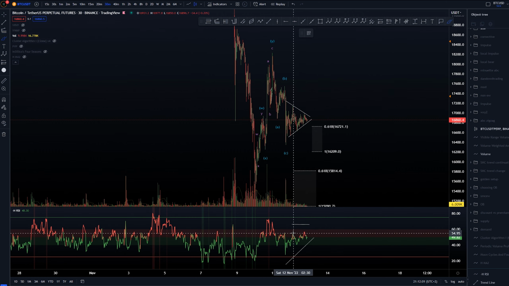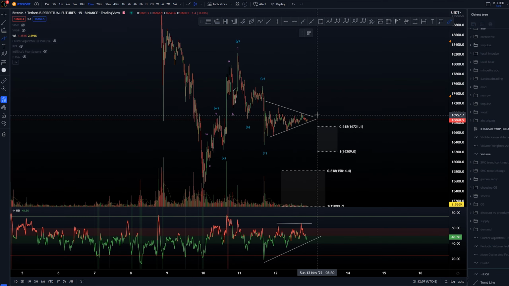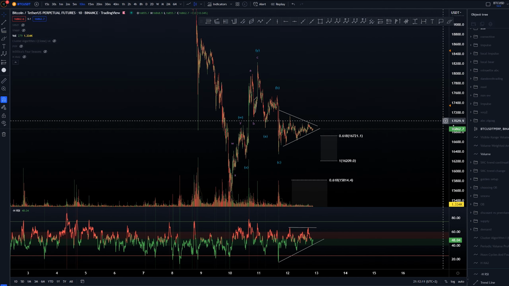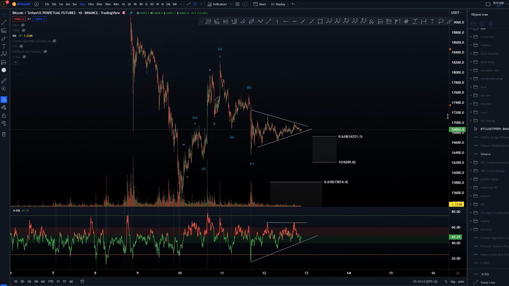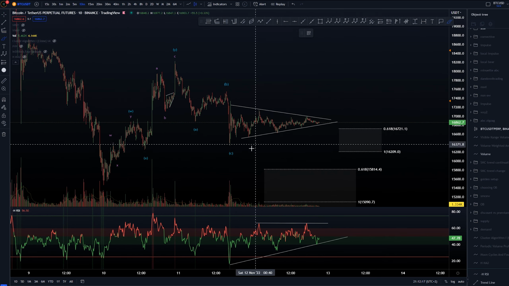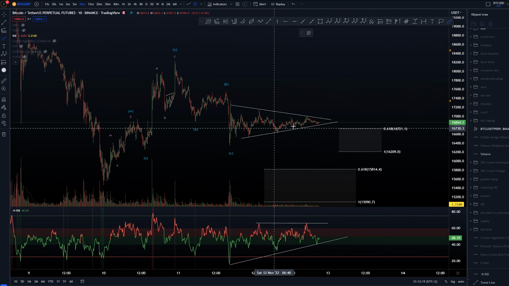Again, on 30 minutes we don't get that contracting look anymore either. I'm not quite sure if we are just on too high a time frame at that point, or whether this is not a triangle at all, but we can definitely be trading it as is. Now we have two different ideas here, whether the wave